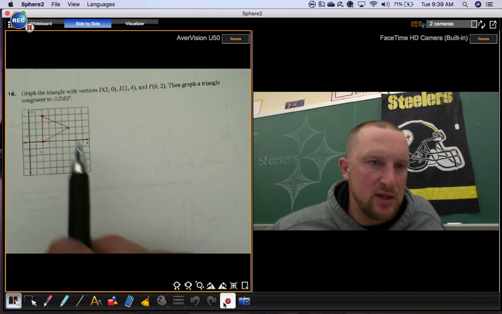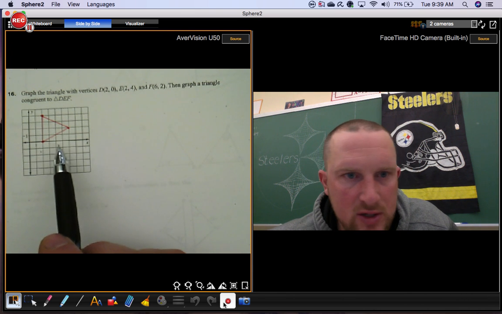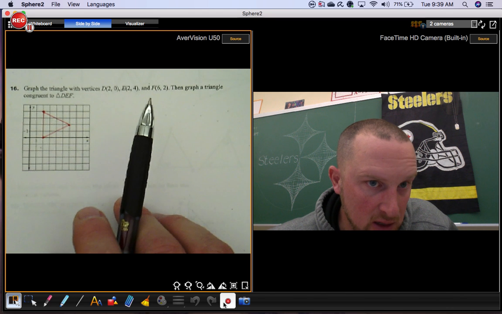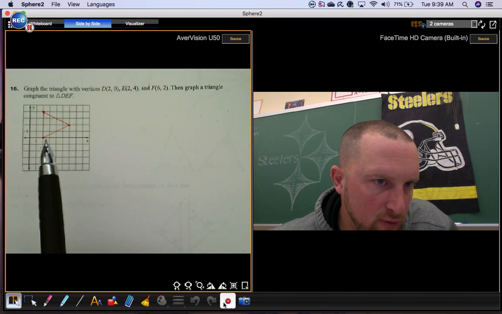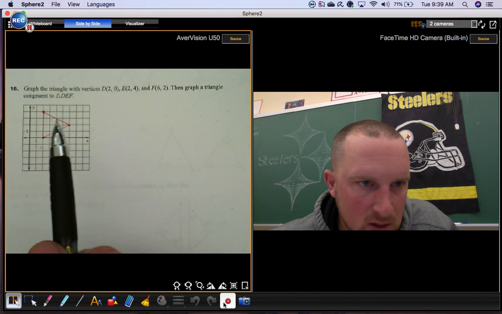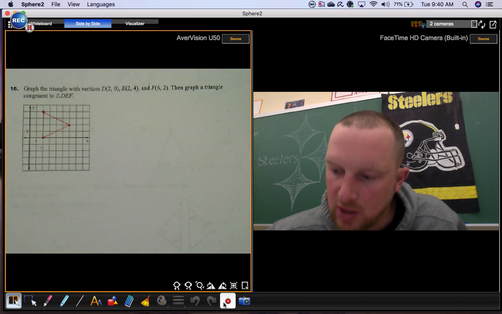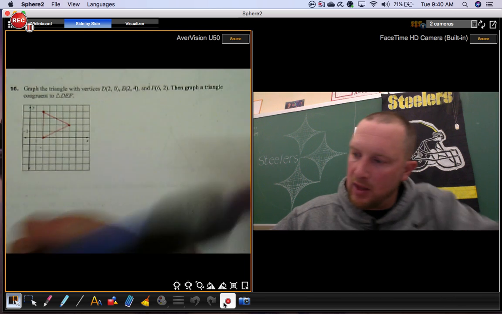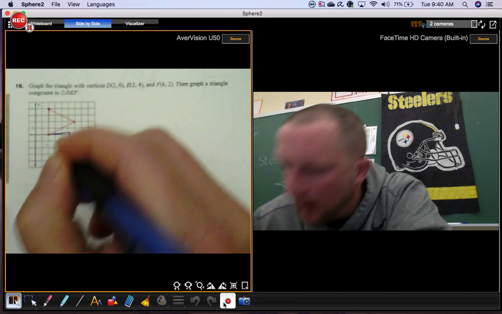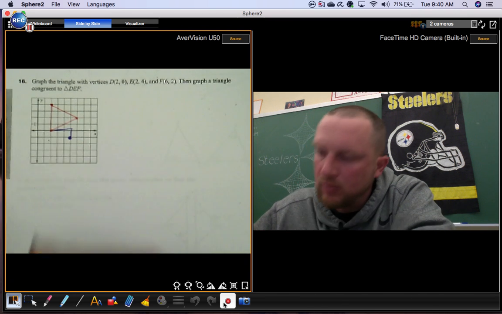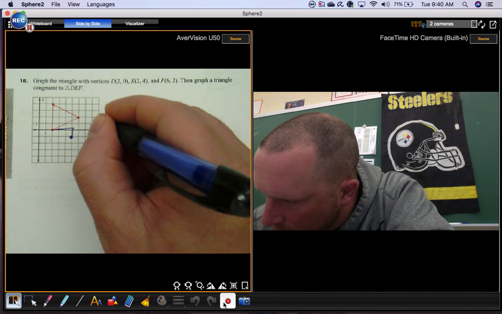So what you need to do is graph a triangle that is congruent to that. Well, there's a lot of ways you can do it, and we really haven't talked about any of those ways yet. Really what you're doing is you're looking for, if we just took this triangle and slid it, it would still be congruent to this one. So what if I decided to come over 3 units and down 1? I'm going to put a new point. Now if you do the same thing here, if I go over 3 units and down 1,